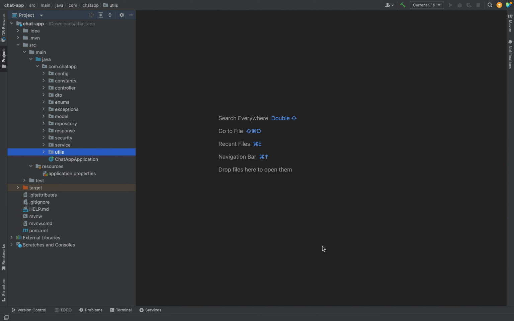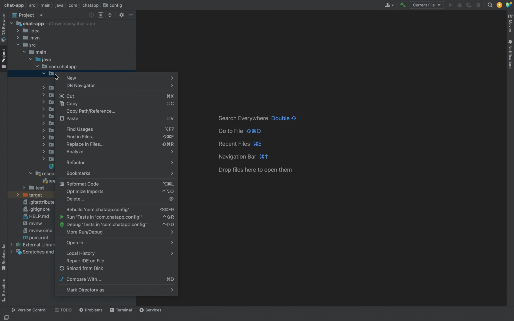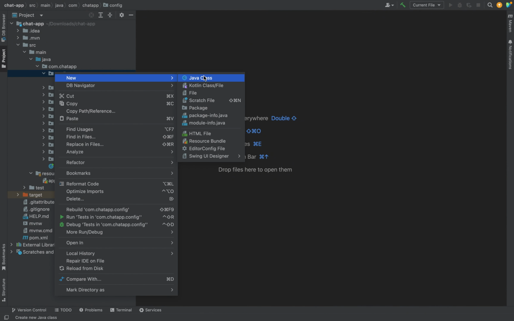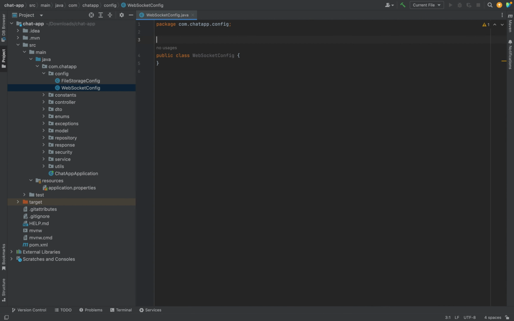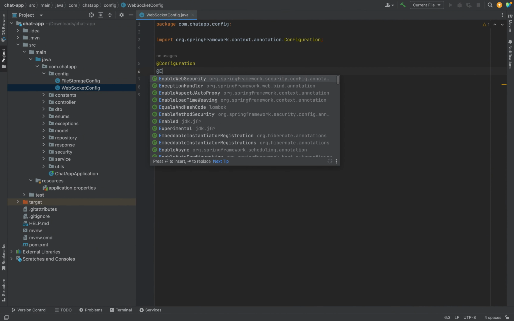All right, let's start our WebSocket implementation now. So the first thing we need to do is to create a WebSocket config class. This is where we are going to have our WebSocket configurations. So let's create it. We are going to annotate it with @Configuration, and then @EnableWebSocket